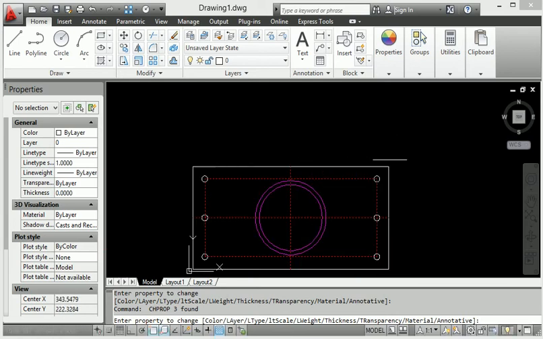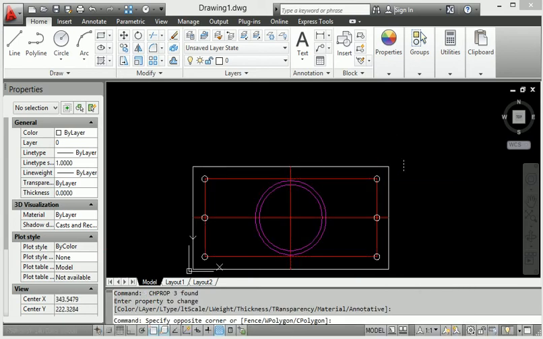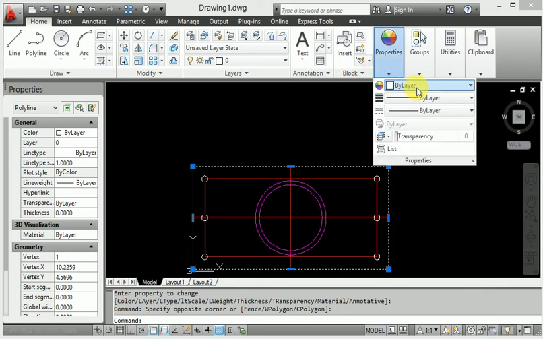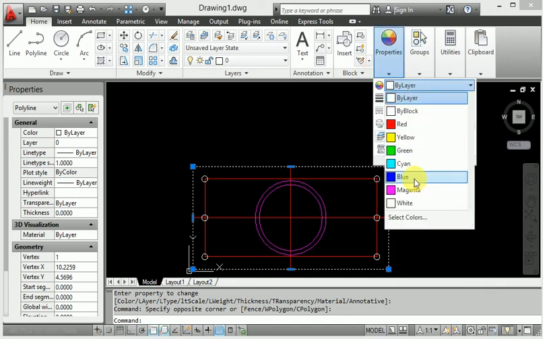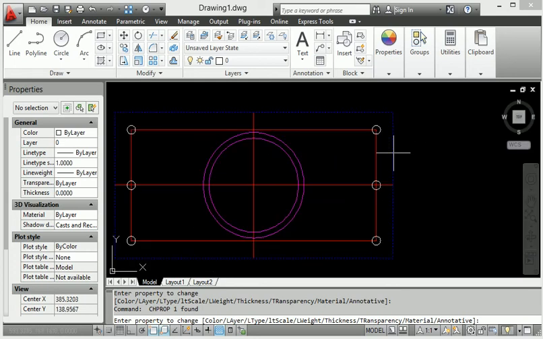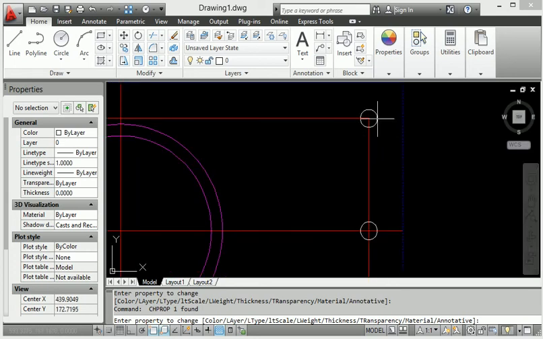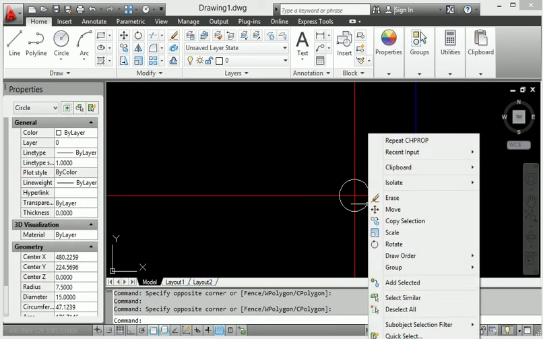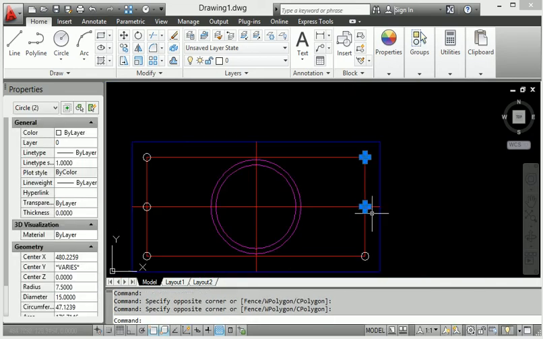This line and all center lines we have selected, and click the red color. Also this boundary line I will show you: I have made this boundary line blue color. Look at this, we provide different types of color.